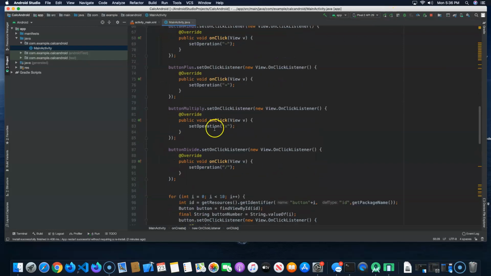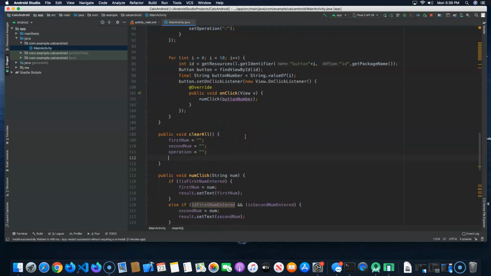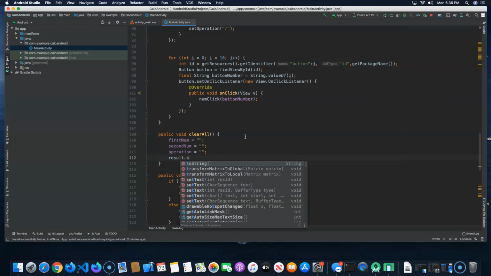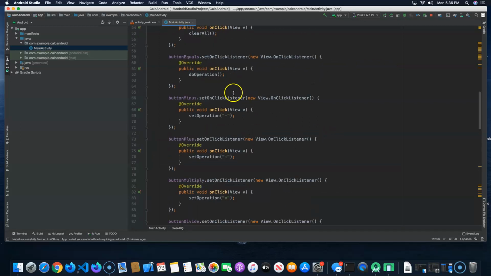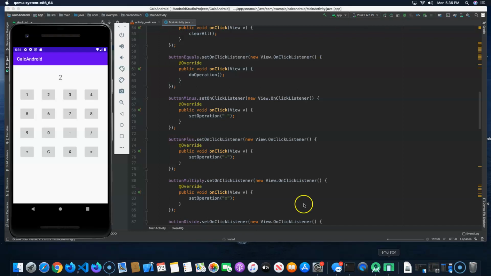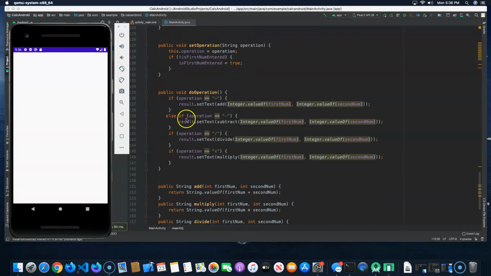Oh, last thing I want to do. I know you guys are probably like, come on, man, we're done with this. For clearAll, we actually also want to set the result.setText equal to a 0 string, and that'll be good. Hopefully that's it. Now this is going to be a really basic calculator start, and you're probably like, wow, that was a lot of time, but it was a lot of thought process and a lot of code. So